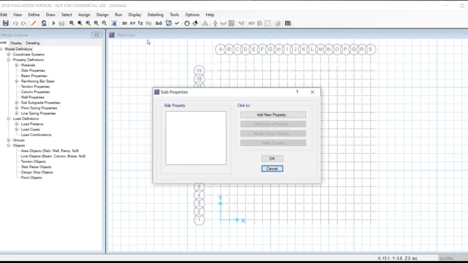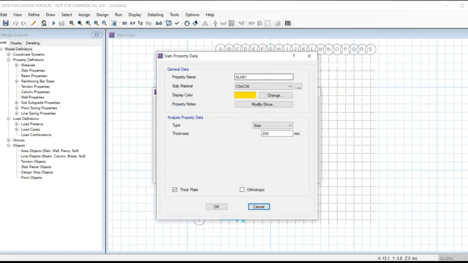Now go to define slab property, add new property. Give the slab name mat footing.